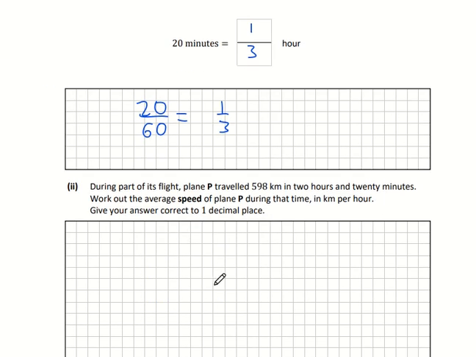During part of its flight, plane P travelled 598 kilometers in 2 hours 20 minutes. Work out the average speed of plane P during this time. Well, we know speed, which we're looking for here, is equal to distance over time. Then the distance travelled is 598 kilometers. We want the